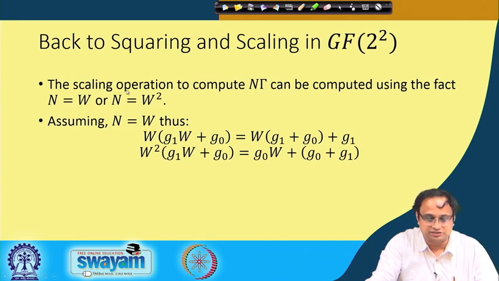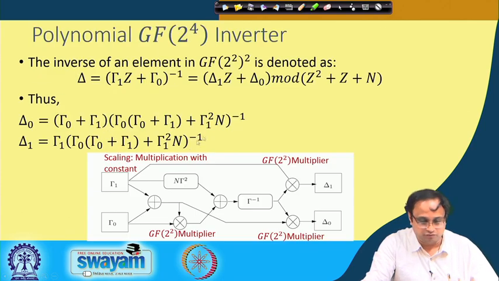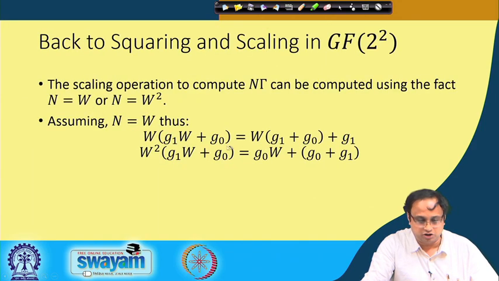For example, you can see a scaling operation to compute. Let us first compute a simple scaling with n, where one of them is, say, n equal to W or say n equal to W square. Remember that we had such operations in our circuit. For example, if you go back, here is a scaling operation where you are multiplying with n. So it is important to know how to do that operation, and it's quite simple.